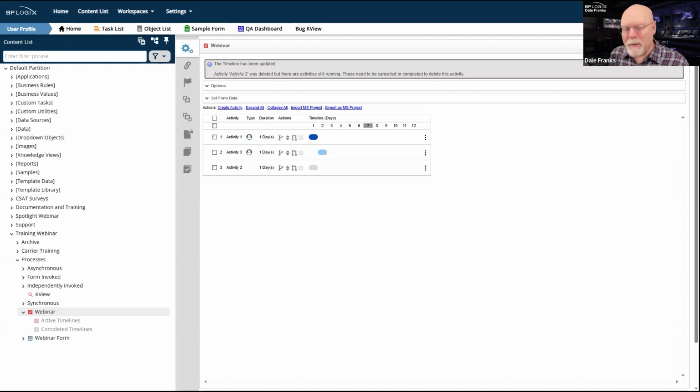And the problem is, if I have 150 of these things running in activity 2, that means that I have to go into 150 separately running activity instances, and I have to manually change them.